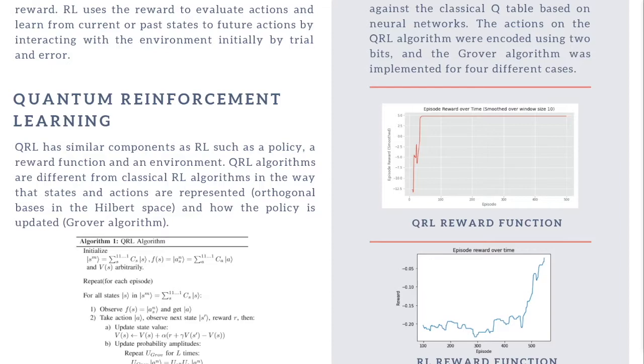This algorithm is based on quantum superposition and parallelism, and has the same components as a classical RL algorithm, such as a policy, an environment, and a reward function, and represents actions and states as eigenactions or eigenstates in a quantum system. And by using these natural qualities of quantum theory, we can obtain a much faster and better result than using traditional reinforcement learning algorithms like Q-learning. Now let's go over to Cristhian. He's going to explain the intuition behind the QRL algorithm.